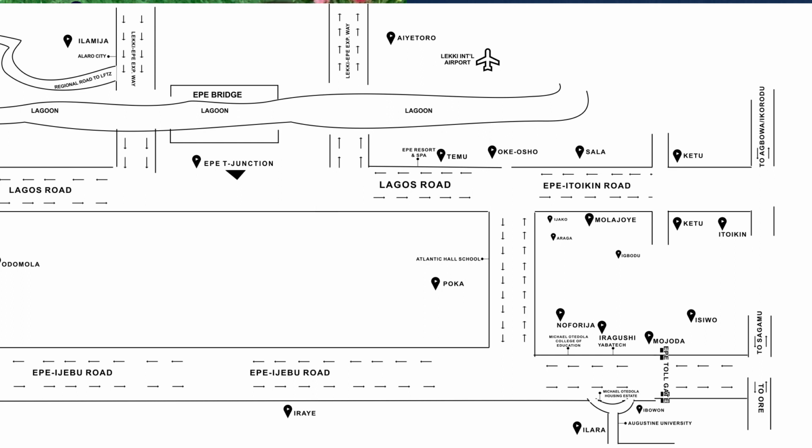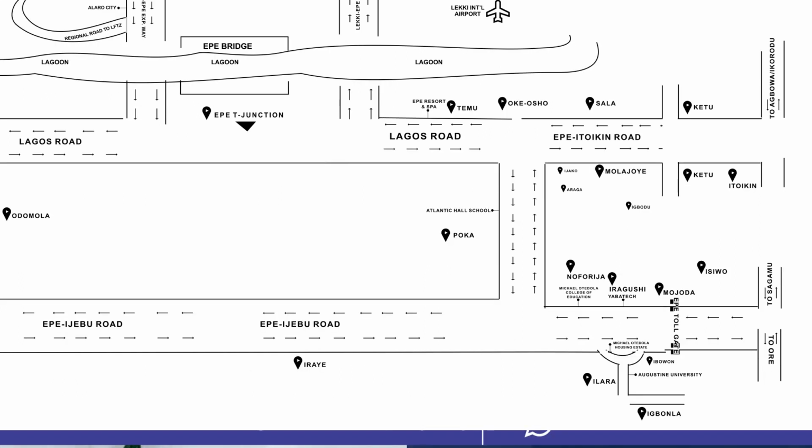Alright, if you need a place inside Epe town that is not too far from the airport, and also into Epe town, then Poka makes a lot of sense for you. Now we have a couple of properties in our portfolio in Poka. We have Oasis Garden. People are even staying in Oasis Garden already because they have some bungalows. We have Oasis Garden by Fortizo, and we have Lekki-Epe in Poka also by Landers. So if you want somewhere close in Epe, somewhere not too far in Epe, where you can invest, where the price is not too high, then Poka is a very, very good option for you.